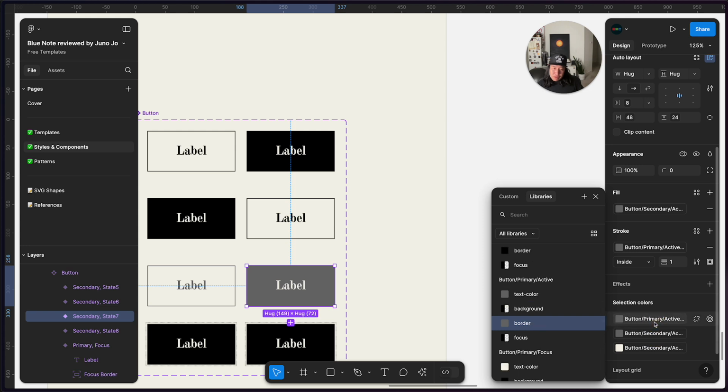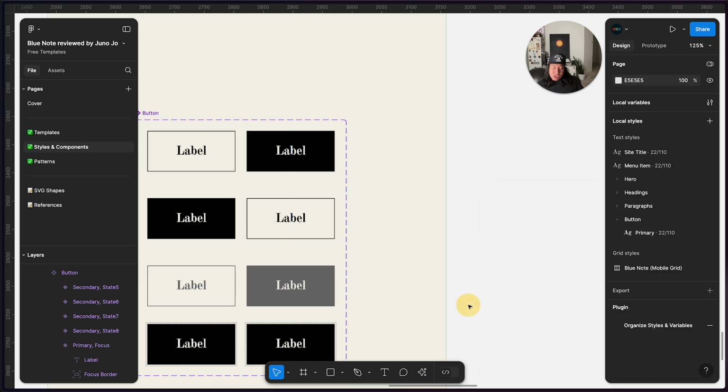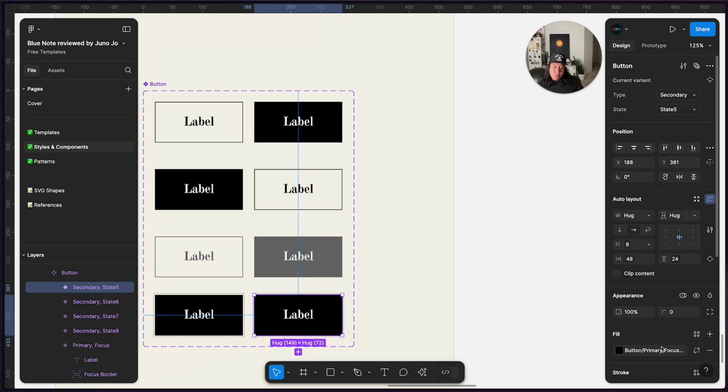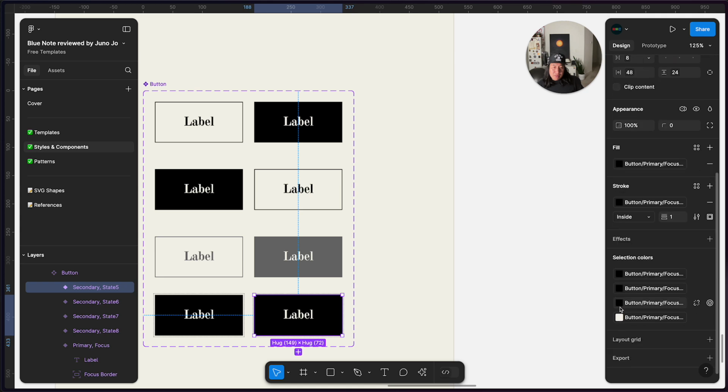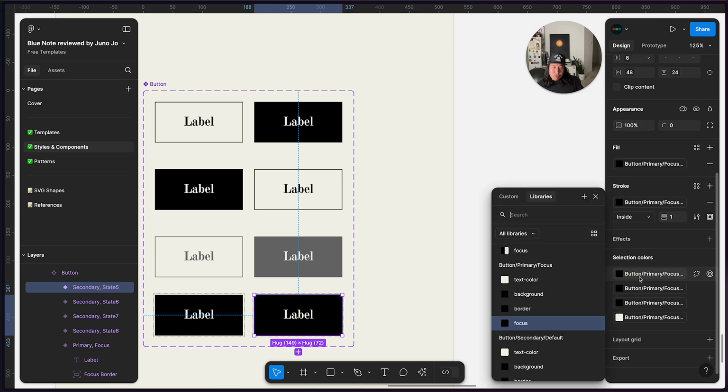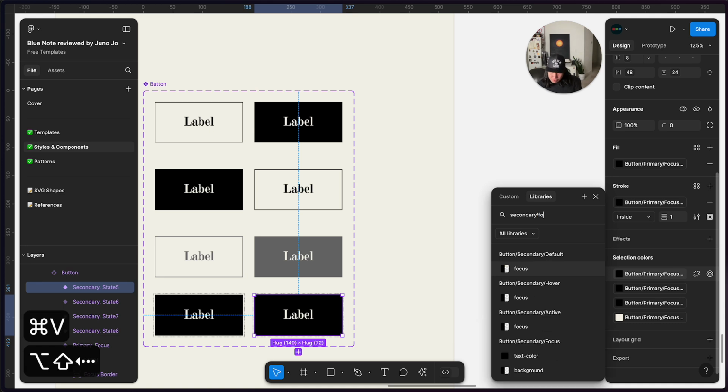Okay, I think it's all good, right? Active, border, background, and text. I think I changed all of that. Cool. Now this is going to be the focus, right? Focus,